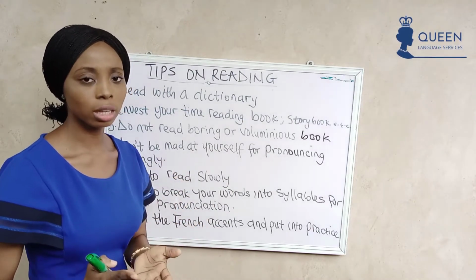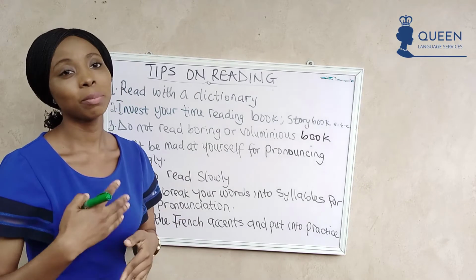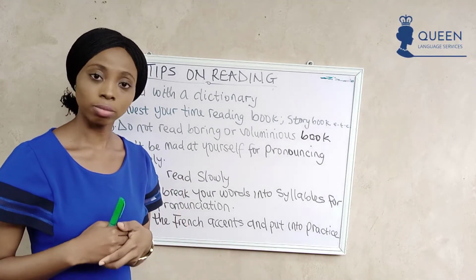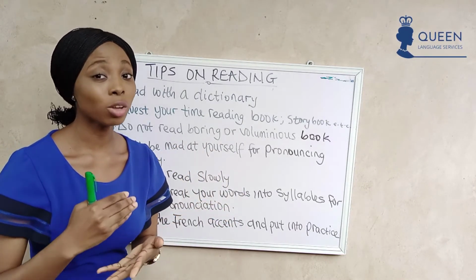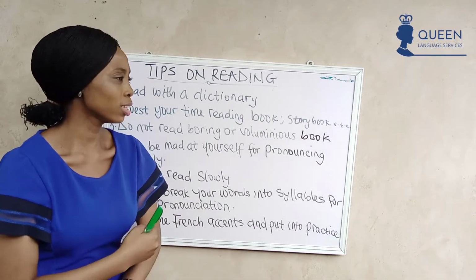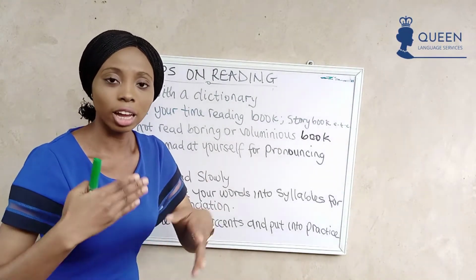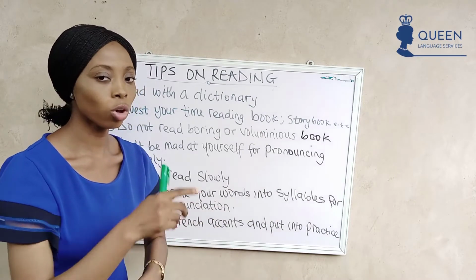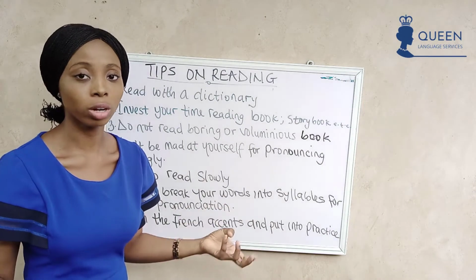Break them down into syllables, pronounce them bit by bit, then join them together and then pronounce it. So that makes a better way. Something that you do regularly. The fact is, when you do it regularly, they say practice makes perfect. When you do it regularly, you yourself realize that there is an improvement in what you do, because you just get used to it naturally, because you have been doing it over time. So something that looks so lengthy to you at first will no longer look lengthy to you. It will look so simple that you'll be able to pronounce it, because you are used to pronouncing it regularly,